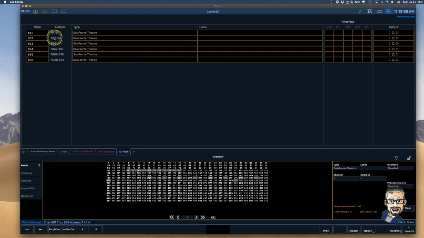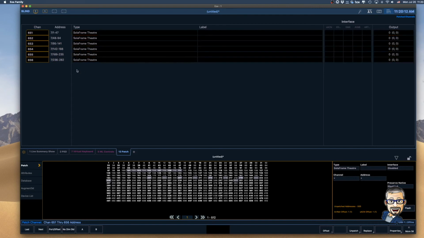So we're skipping 50 addresses at a time instead of 47. It tends to make the math easier, so it makes them easier to remember. So without doing anything else, because they're still highlighted, I'm going to hit @ again, and we're going to change